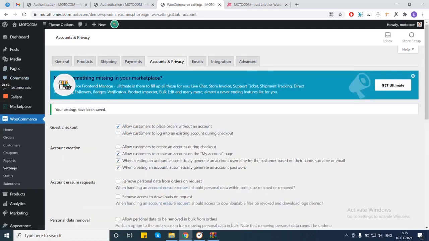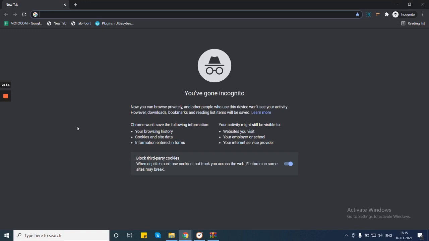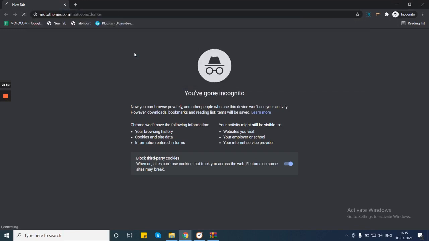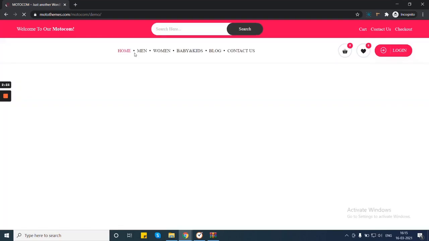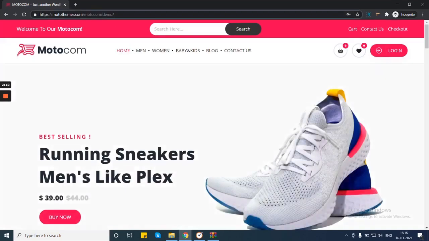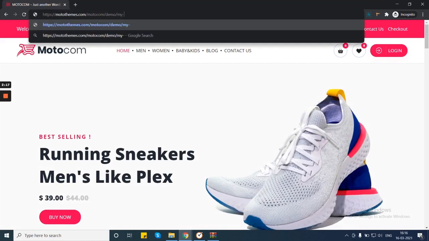After saving the changes, we need to show how the vendor will register from the account. So we will open the theme in a separate window and type My Account.